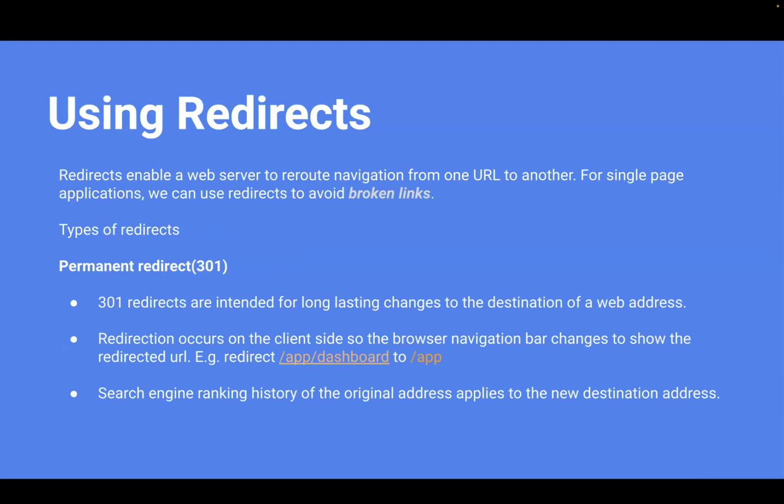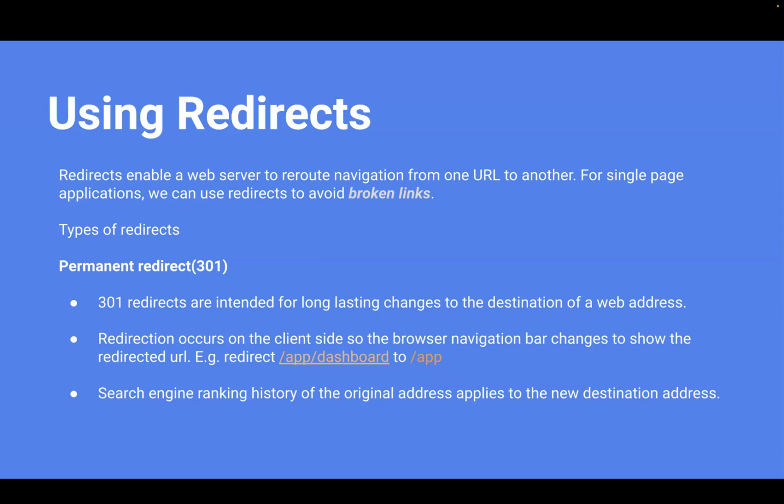On the front end, redirects are very important so far as our applications are concerned. By default, AWS tries to do a lot for you. However, sometimes when you set your configurations and you get them wrong, it could lead to broken pages in your application, or it could even lead to your site not being accessible. Redirects enable a web server to reroute navigation from one URL to another. For single-page applications, we can use redirects to avoid broken links. The first one that we'll take a look at is